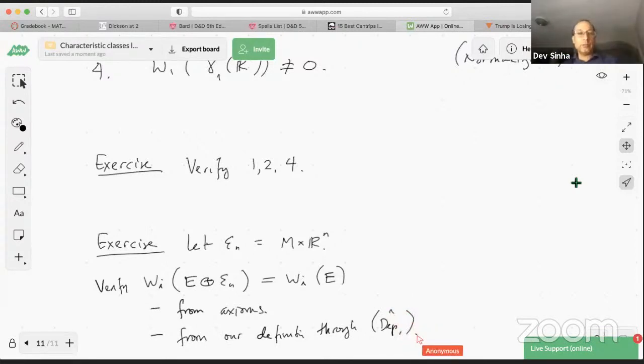Okay, so those are some exercises to get started familiarizing ourselves with these axioms. Verify the easy ones. We're going to put off the verification of Whitney's sum, the most important axiom, until we see how much fun it is to use it. Then we're going to be motivated to prove it and do some, in our setting, hard work to